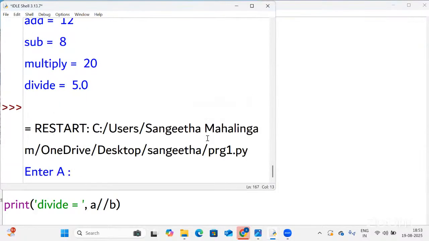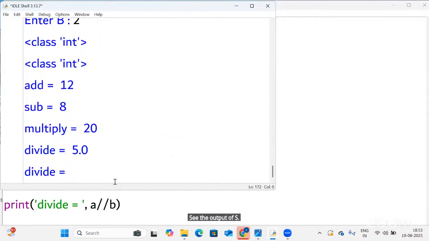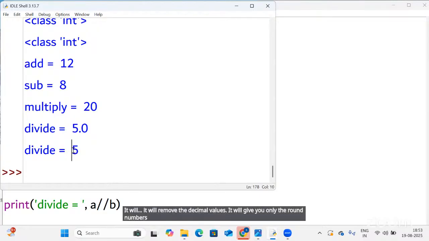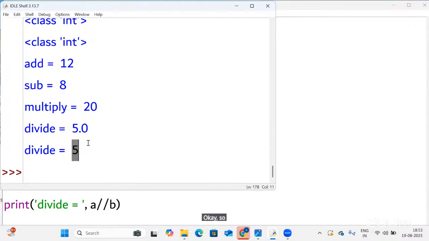See the output of this: 10 and 2. Can you see what the difference is? If you put the single division symbol, it gives the output as a decimal, that means a float. If you use the double division symbol, it will remove the decimal values and give you only round numbers, whole numbers. So that's the difference between single division and double division.